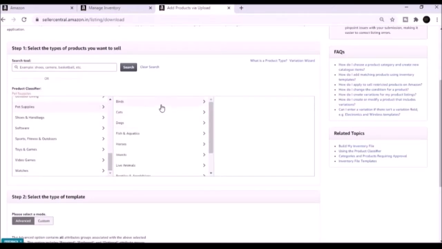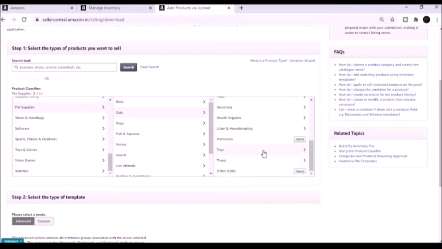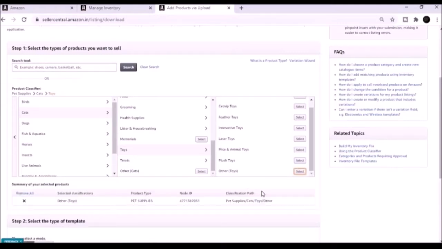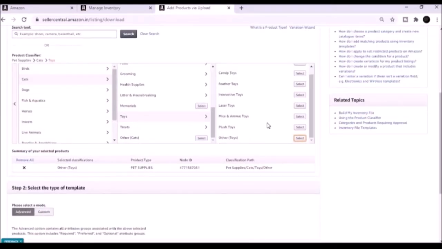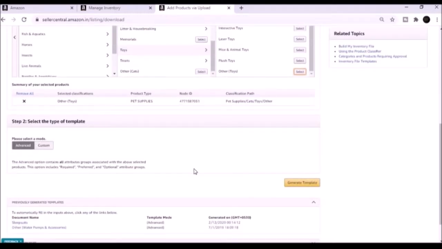Let me show you an example. I am selecting pet supplies here and I am going to cats, selecting toys here, and then I can choose the other toys category here. So I click done select and the template for that particular category is generated down below in the summary section. Similarly, you can select the categories and add those in the summary of the selected products category before you generate the template. So for now, I have chosen only one category here, that is cat toys,